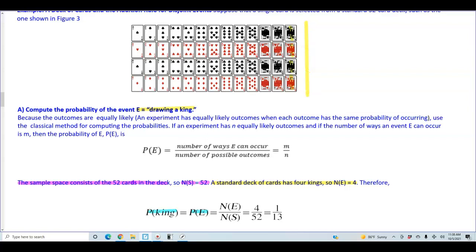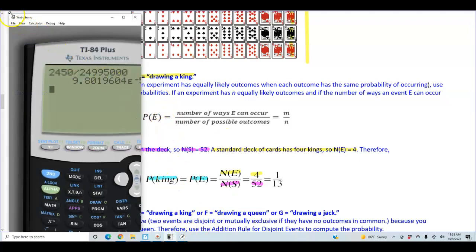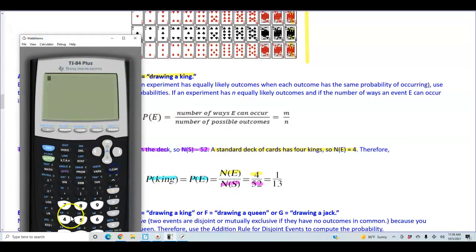Okay, so therefore the number of that event E, meaning drawing a king, is 4. And we're dividing it by the number of possible outcomes in the deck of cards, which is 52. So if we take 4 and divide it by 52, then we would get 1 over 13. Now remember, we can convert that to a decimal if we wanted to. So if we wanted to do that, we can go in our calculator and then we can simplify by taking